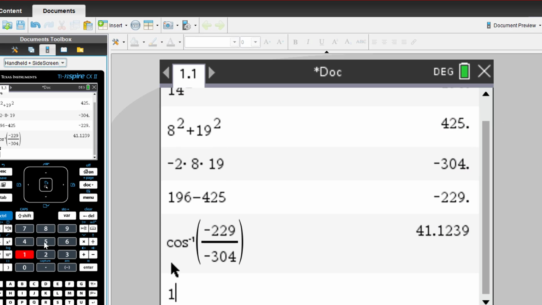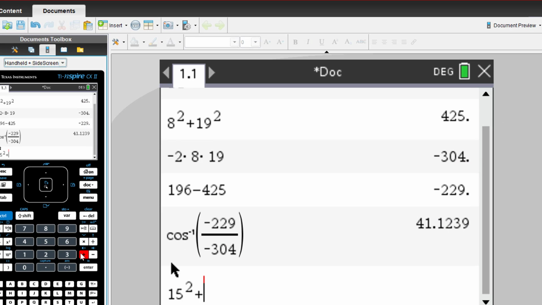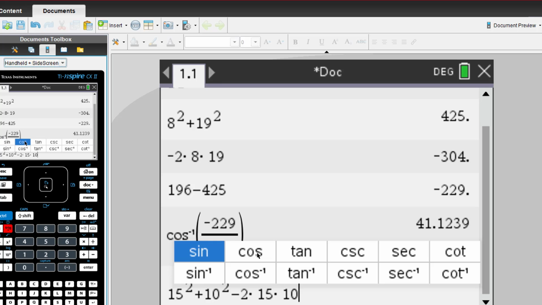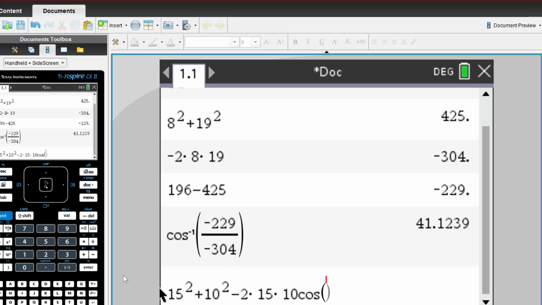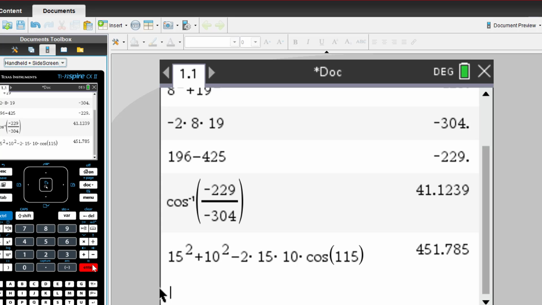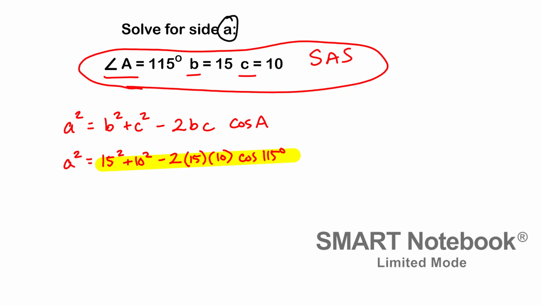We're going to type in 15 squared plus 10 squared minus 2 times 15 times 10. Hit my trig button to get cosine. We're not doing inverse cosine this time because we have the angle that we need, 115. This is the entire right side of that equation. Go ahead and hit enter and we get 451.785. And I actually want to leave as many decimals as I can at this point just to alleviate any rounding error. So a squared is going to equal